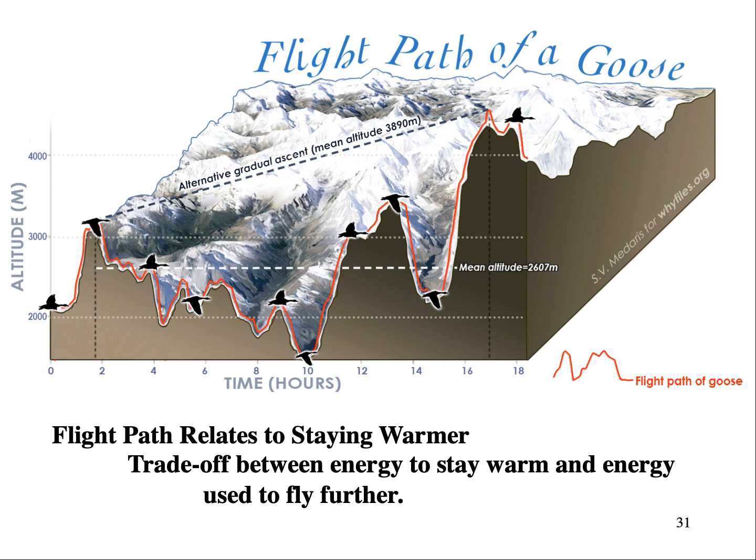One behavior or strategy that helps them is that if you look at their flight path, they actually stay fairly close to the ground during their flights. And so they're only exposed to the very cold temperatures once they reach the very top of the Himalayan mountains. They only do that for a short time during their crossing of the Himalayas from India up to Mongolia. So you can see by the time in hours up here, they're really only spending about 2 hours in